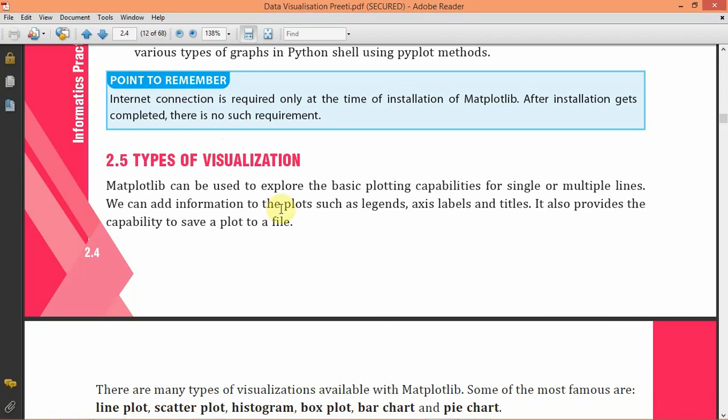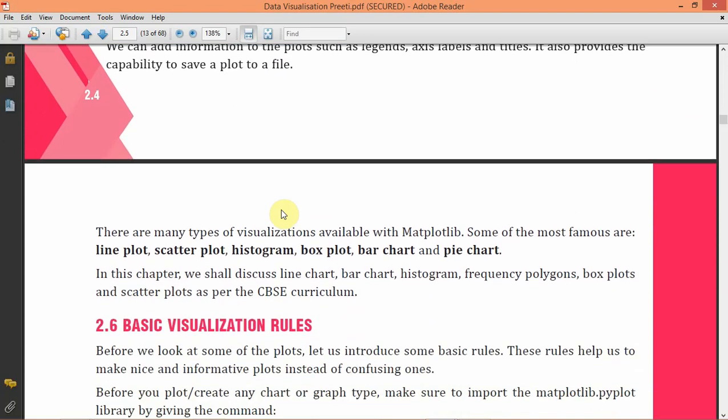So types of visualization means different types of graph that we will see in coming classes. And as you know, this year we have to study only few types of basic graphs, such as line graph, histogram and bar chart and pie chart.